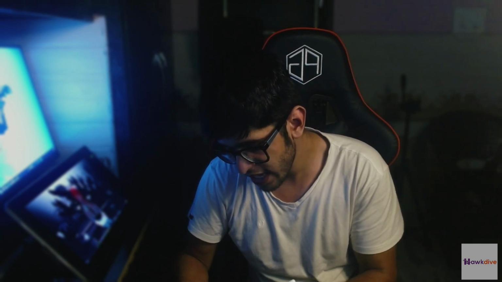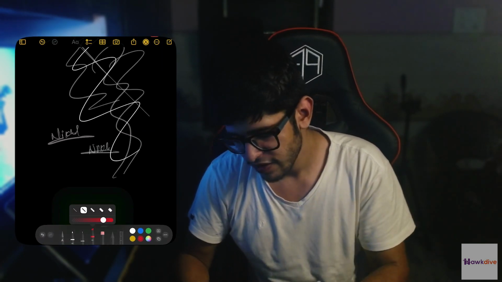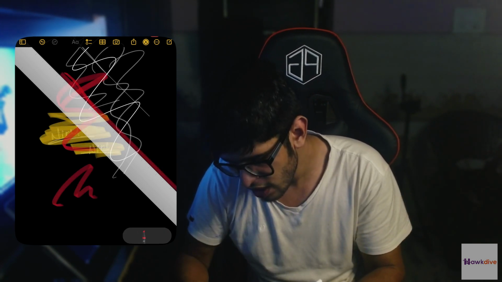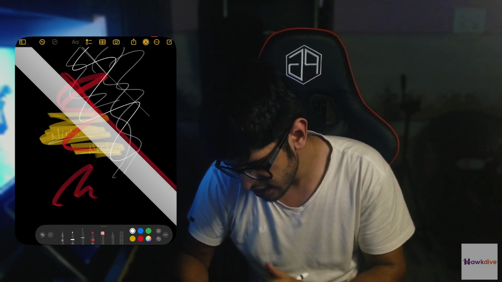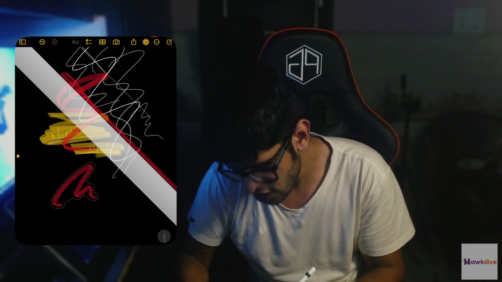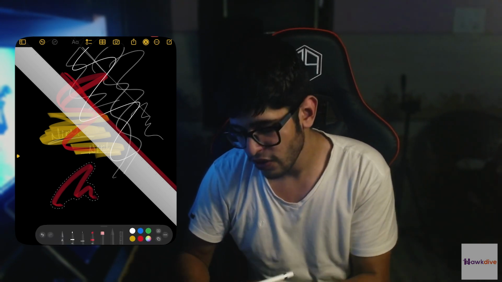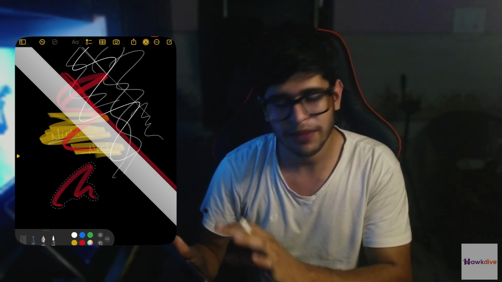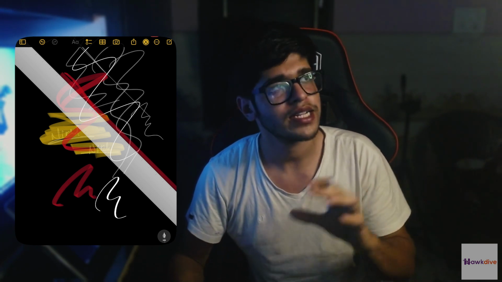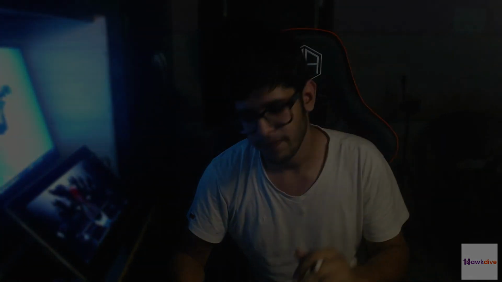If I click on this icon right here, I can move this around, I can use highlighters, I can use scales, which I haven't seen yet in other note-taking apps, which is decent, I agree. And there is a lasso tool, which can delete exactly anything you want from this. And there are also ink pens and stuff. This is all for a better experience of note taking. This might be looking really messy, but